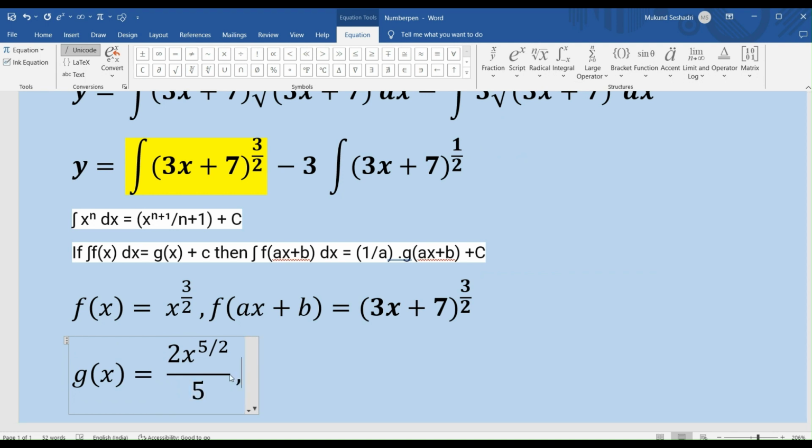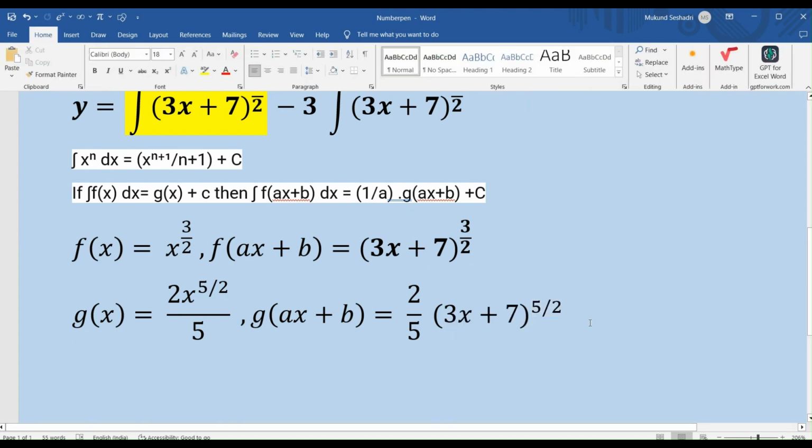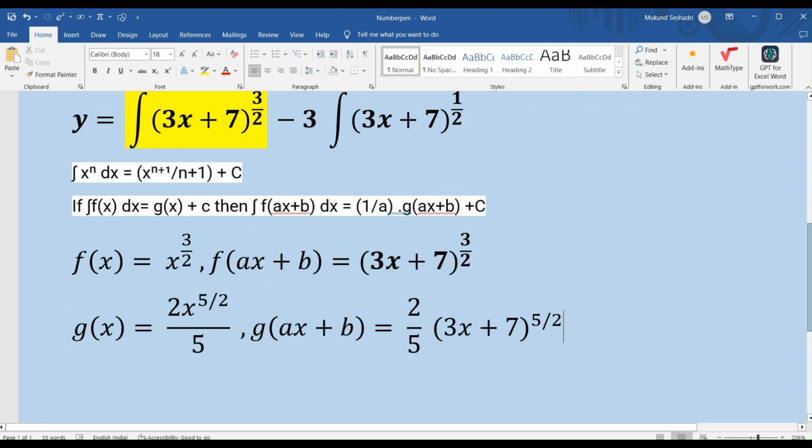So when I know my g of x, what is my g of ax plus b? I just replace my x with 3x plus 7, right? So I have 2 by 5 times 3x plus 7, the whole power 5 by 2. Let's write that down. So this is my g of ax plus b, and my integral of